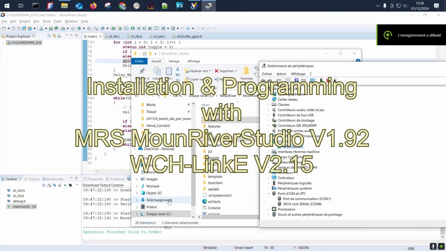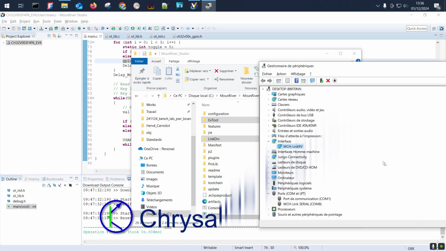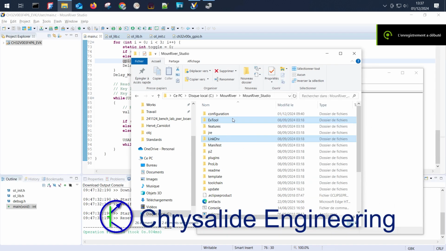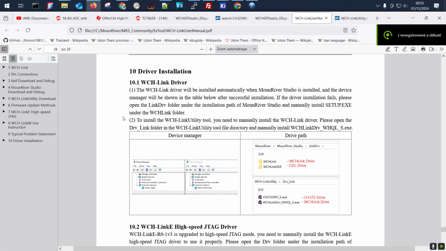We're just looking into the MounRiverStudio installation and completing it until we have a working environment. We see the MounRiverStudio default install is on the C drive. In the installation manual, they say that after installing MounRiverStudio, we should have the drivers installed as well. This seems to have failed on the Win10 install I made, so if we cannot program, then we should just